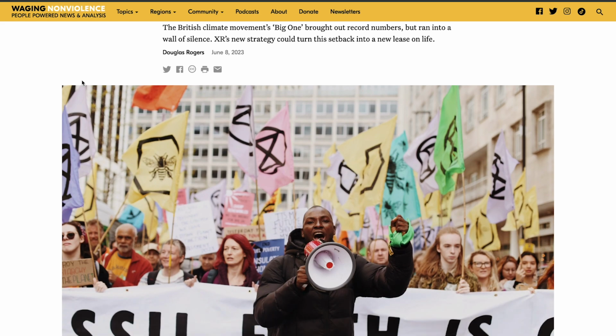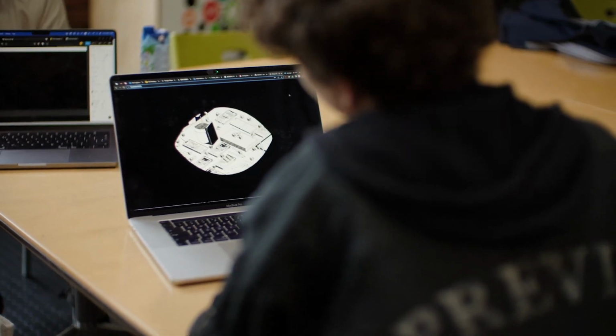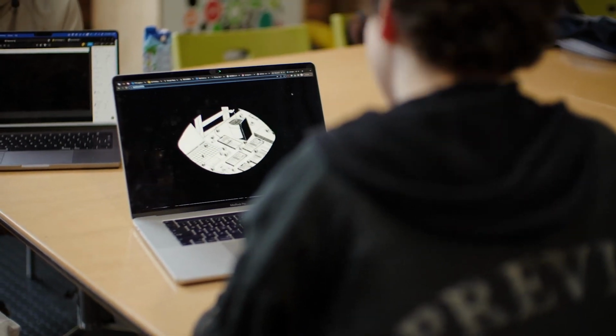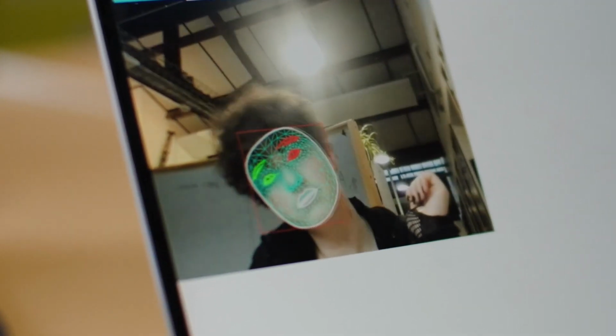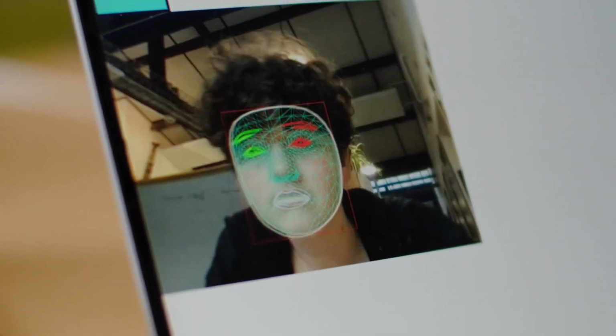We are using the TensorFlow face landmark detection framework, which was recently released by Google, and it maps our face with dots. Then we'll be able to detect facial movement in real time.